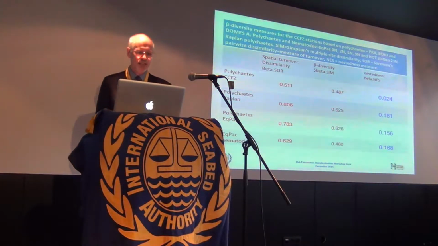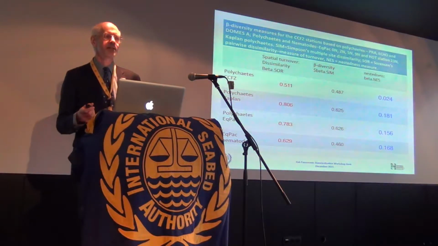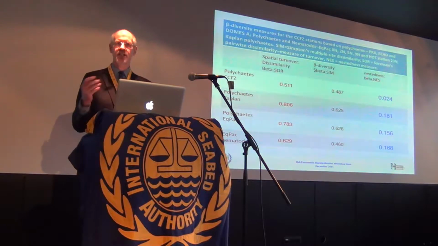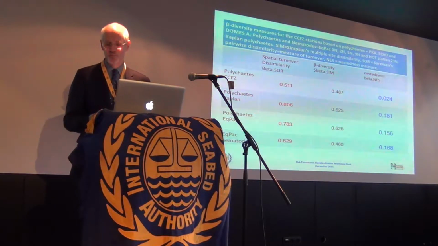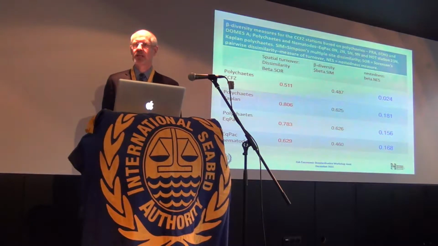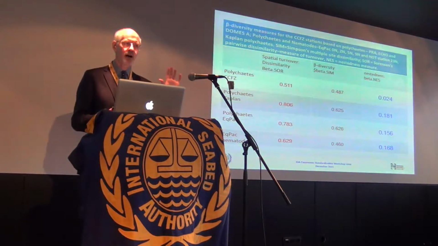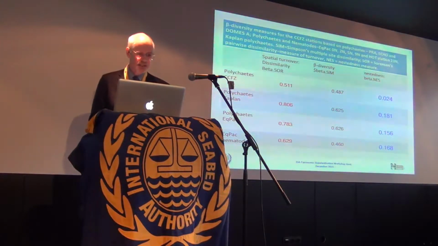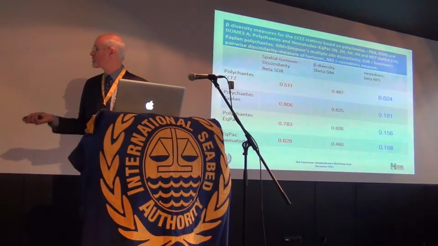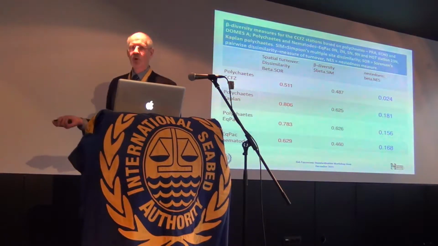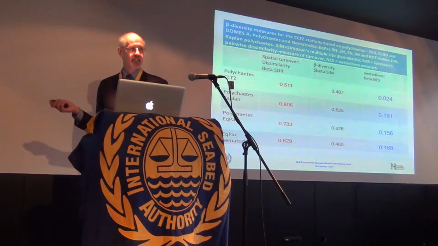And what we're looking at is whether the species are what's called nested. That means that basically the fauna at one end of the transect is just a subset of the total fauna. Or do we look at turnover? And turnover means that the species at one end are actually different to the species at another end. And this result on the nematodes at the bottom here indicates in red that the proportion of the fauna actually turns over at a scale of 1,000 kilometers.